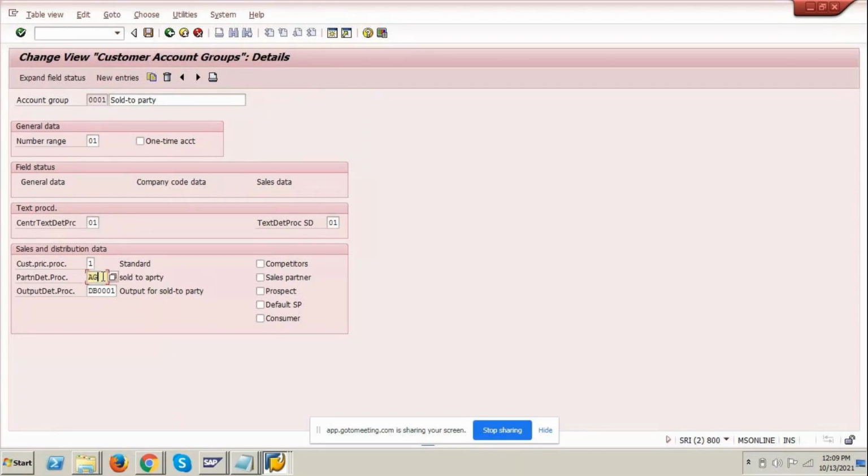Okay, so this partner determination procedure says who your customer is. This customer is basically a sold to party, but this account group has partner determination procedure AG, and standard AG has sold to party, ship to party, bill to party, and payer. So all the customers who are created within this account group or within this number range will be acting according to the partner determination procedure. The transaction code for partner determination procedure is